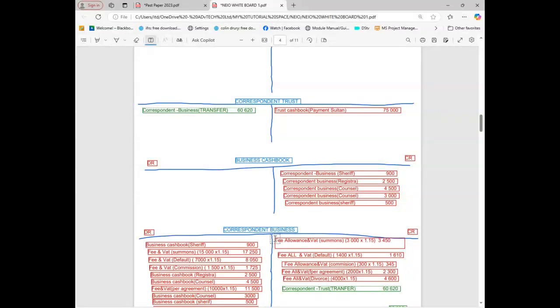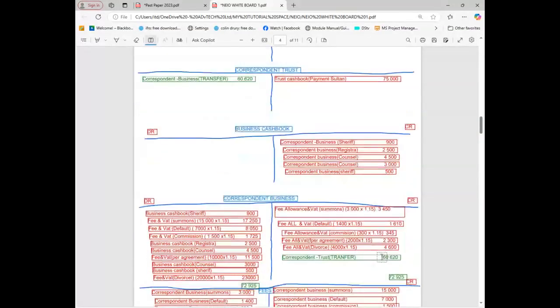Let's make it practical. Obviously we must go and take money from the trust. That's why here we debit. The trust is going down. Can you see now? We are decreasing the trust amount, the trust money here. That's the only reason why we come to the debit side. Because if we come to the credit side here, we are increasing the trust, meaning the money that belongs to the instructing attorney. No, we need to decrease it. So the transfer always takes place in that way.